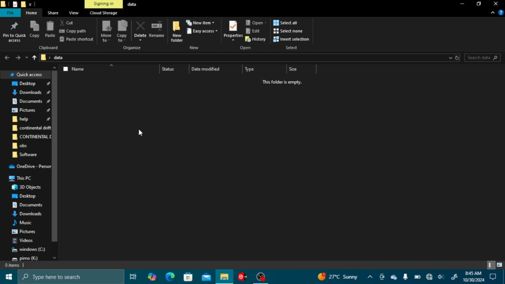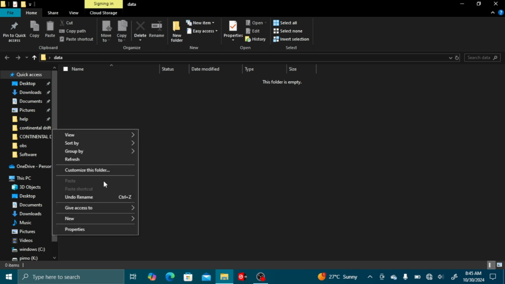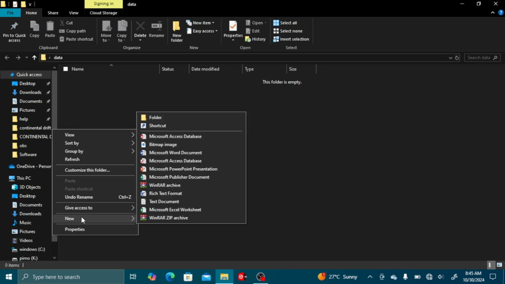We are going to create the file within the folder. We follow the same procedure we followed when we were creating the folder. Again, you go on your mouse, you right click, and the dialog box will come with the word New. You click on the word New to open the side dialog box, and within these